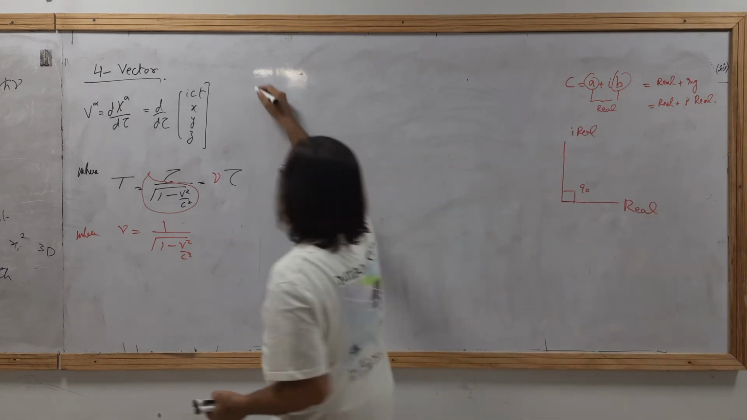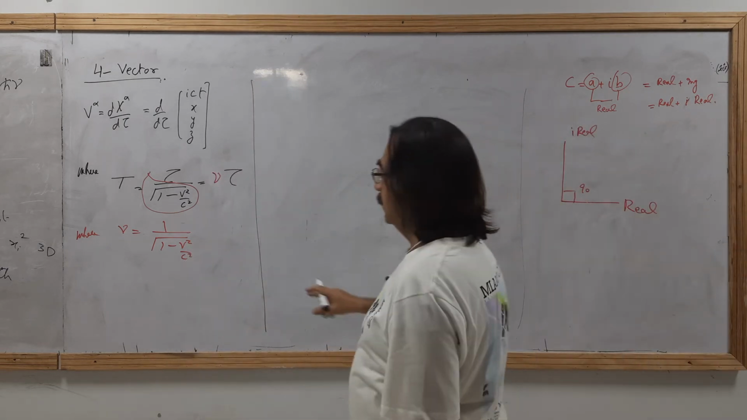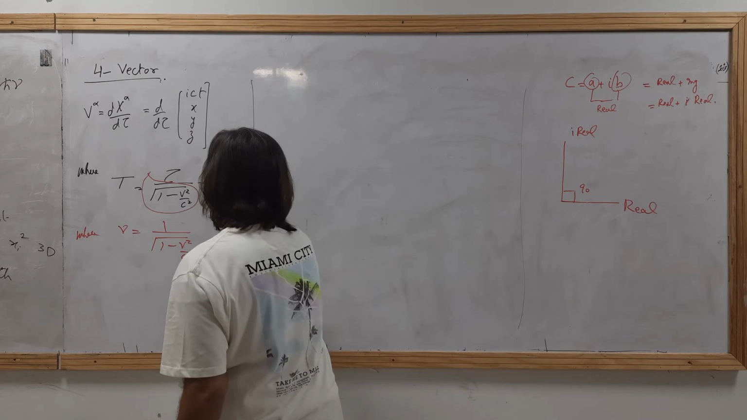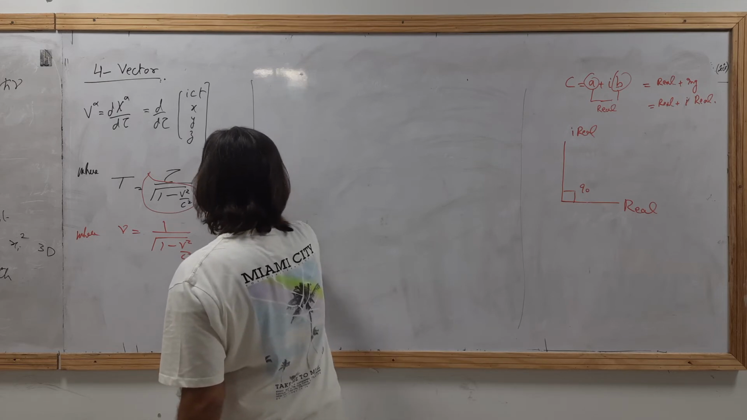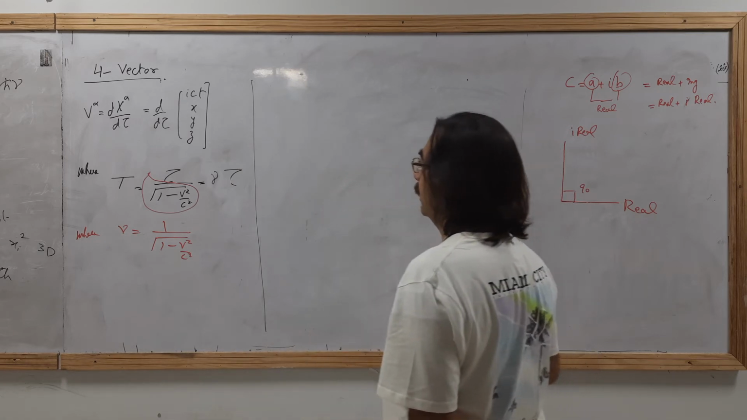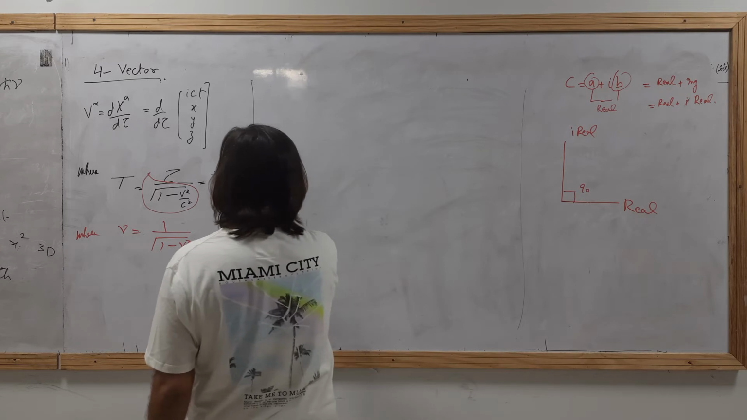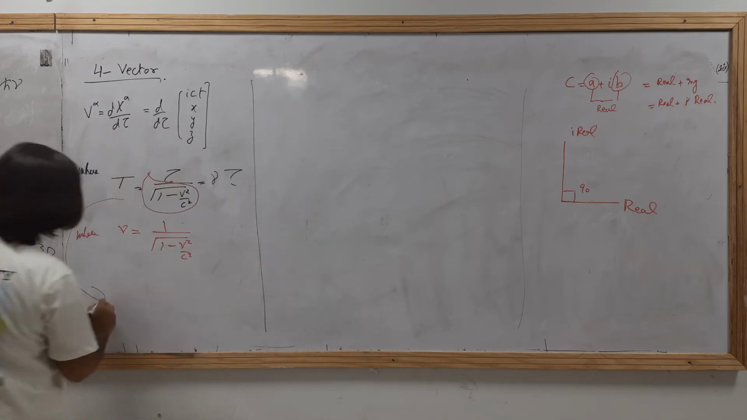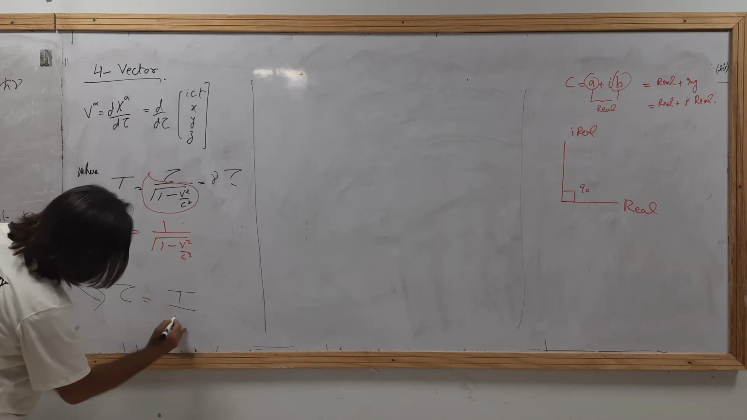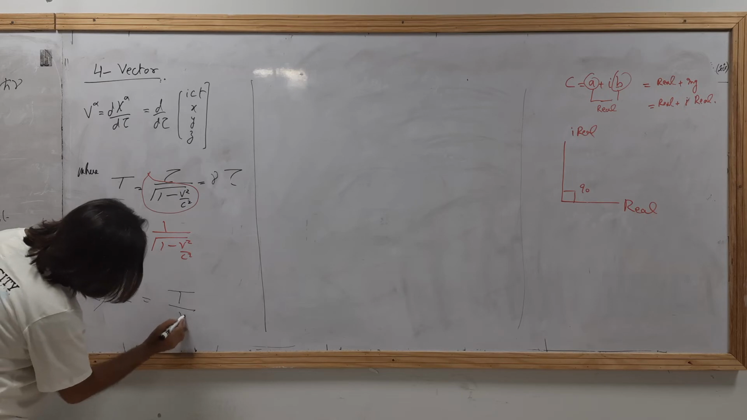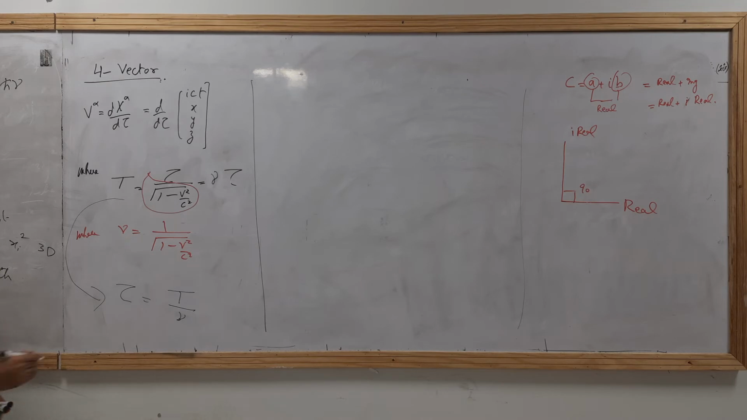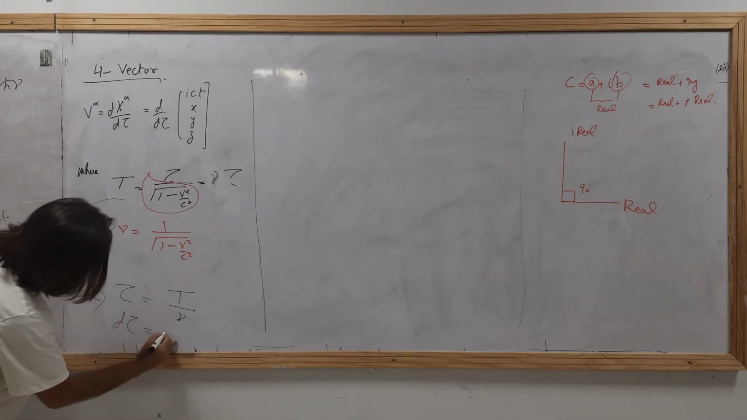So next question is, we were discussing that this is the gamma, okay, and tau will become, so from this equation, tau will be equal to T over gamma, okay, may I write it? And d tau will be